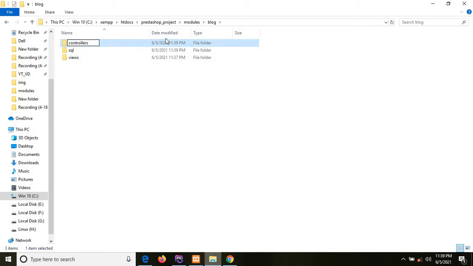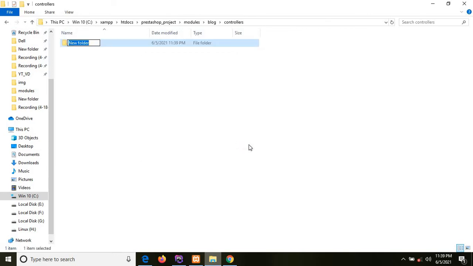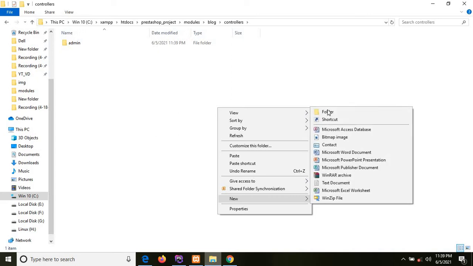So I'm creating a controllers directory, and under the controllers directory we are creating 2 different directories, for front as well as admin. So first for admin and another for front.